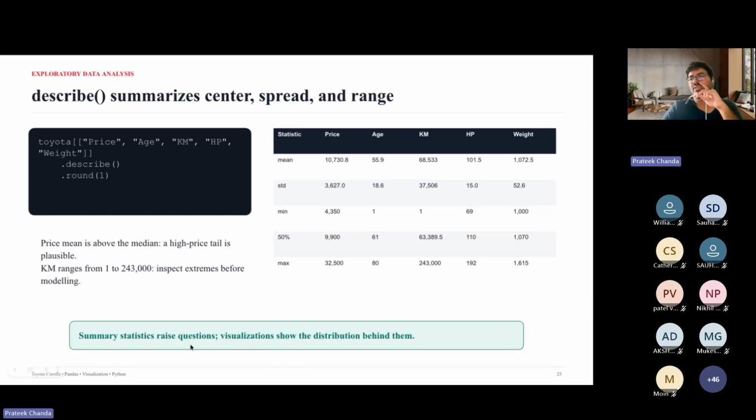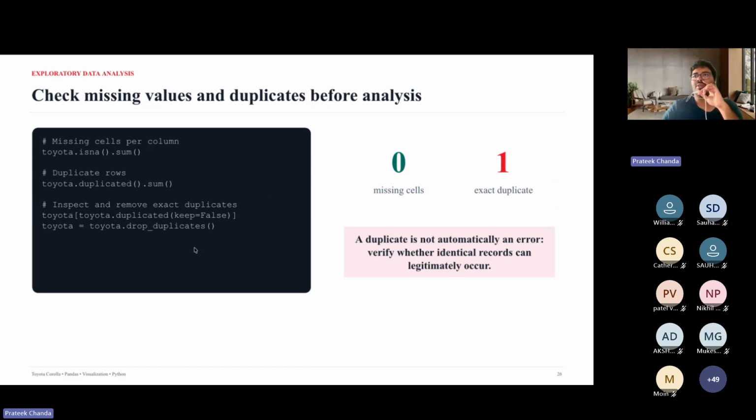So summary statistics give you some aspects of, let's say, whether your data set was imbalanced. That kind of information you can quickly get from .describe. And visualization actually shows you the distribution behind them. These are just simple point estimate values, but from visualization you get the overall picture of the underlying data distribution. There might be some aspects of a heavy tail distribution, let's say, that you can observe, all those things.